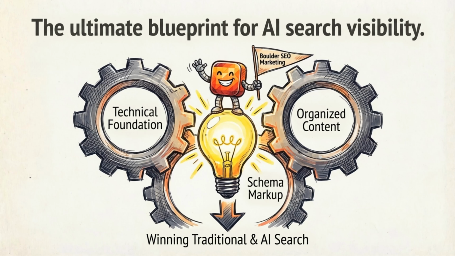Schema markup isn't glamorous. It doesn't get talked about as much as content strategy or link building, but it is foundational. And in an AI driven search environment, it's becoming a bigger factor in whether your business gets seen at all. The businesses we work with that are winning in both traditional search and AI search have a few things in common. Their technical foundation is clean, their content is organized and attributable, and their schema tells the same story their content does. No mixed signals, no missing fields, no outdated implementations.